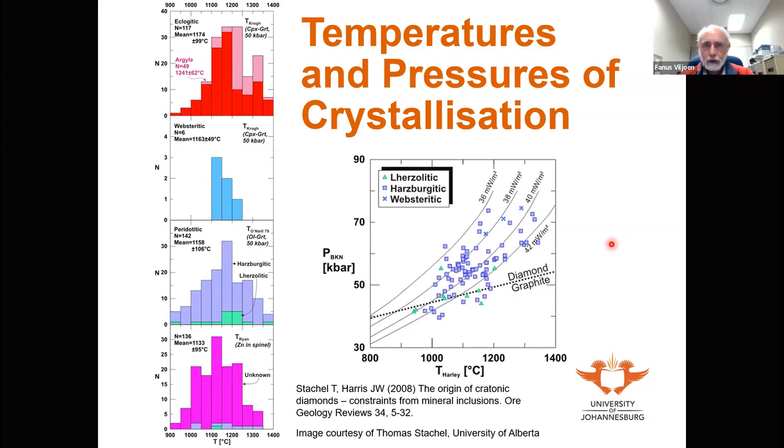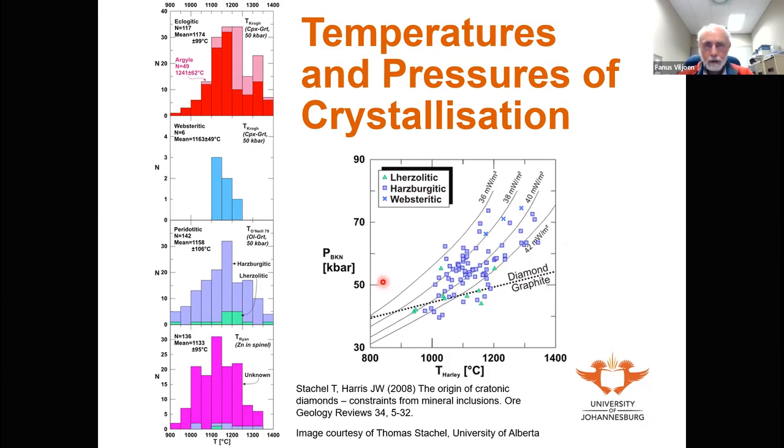And essentially what you do is you look at things like nickel thermometry in the case of garnet olivine exchange, or you look at aluminium barometry in the case of orthopyroxene garnet exchange, and so on. If we make use of these various thermometers and barometers, we can determine that diamonds crystallize at pressures of on